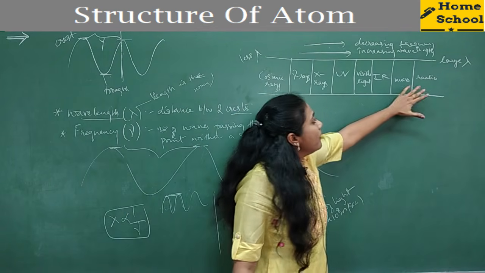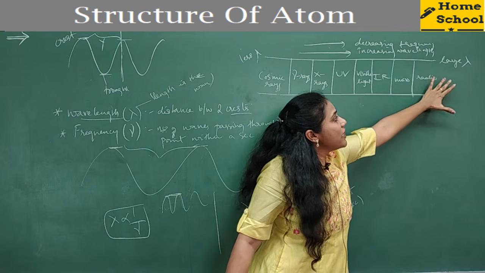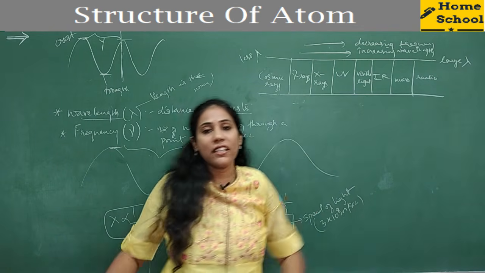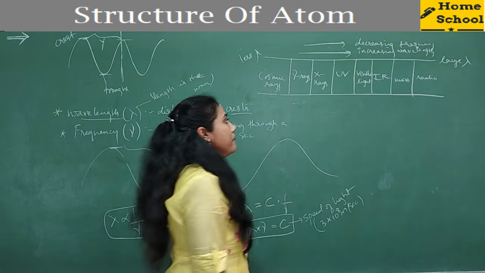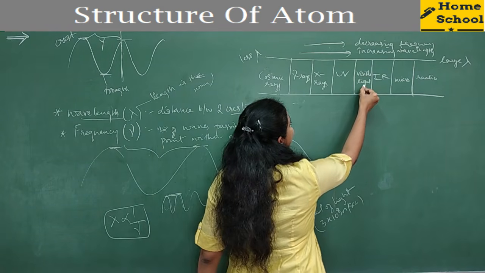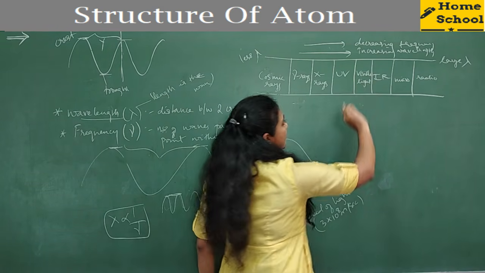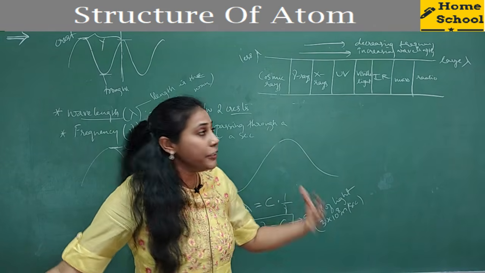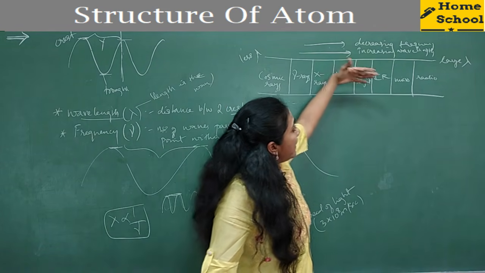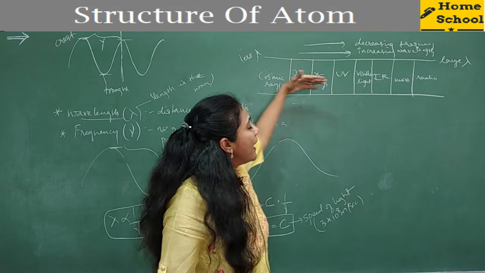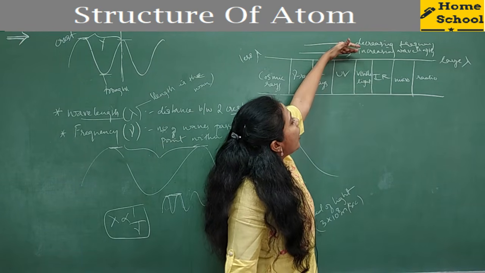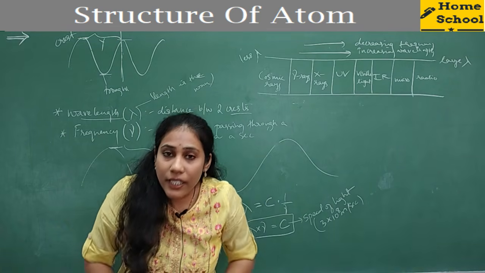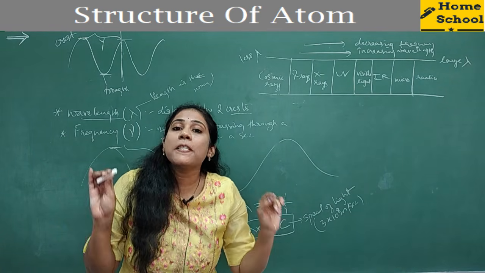Radio waves and microwaves show a larger lambda value, a large wavelength value, so they will have less frequency. Clear, everybody? Fine. Now our human eye is sensitive to only visible light. We can only see visible radiations with our naked eye. And this arrangement of all electromagnetic radiations according to their increasing wavelength is called the electromagnetic spectrum.